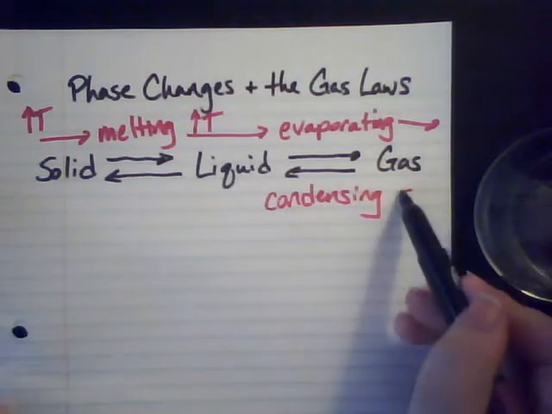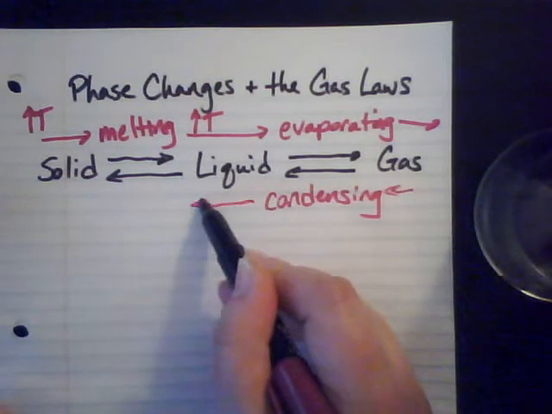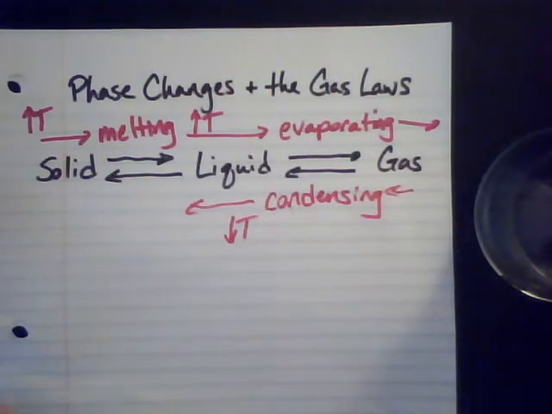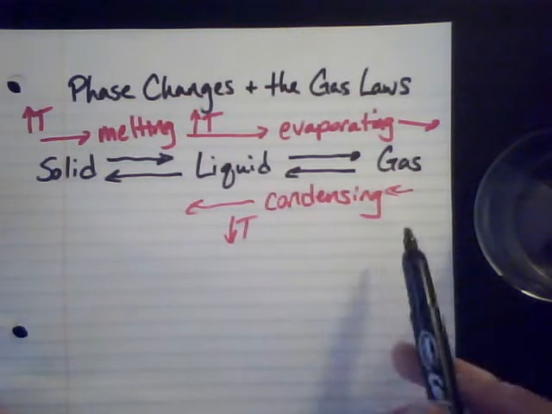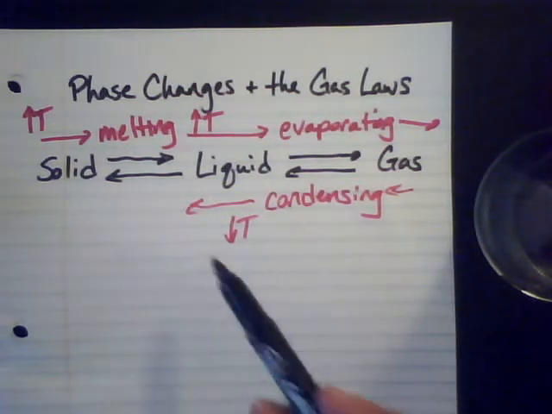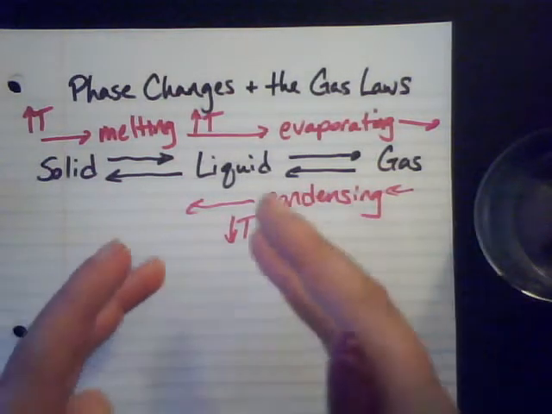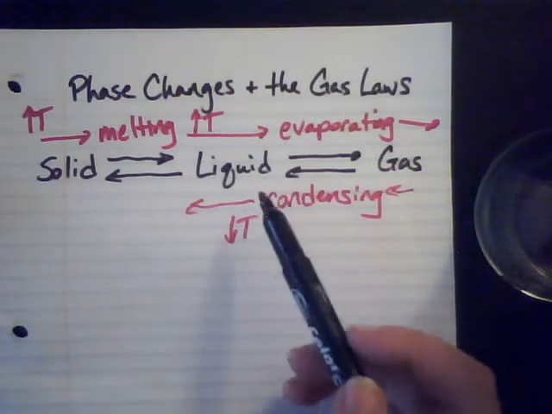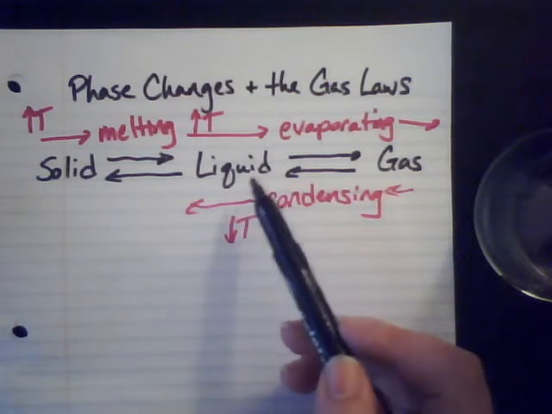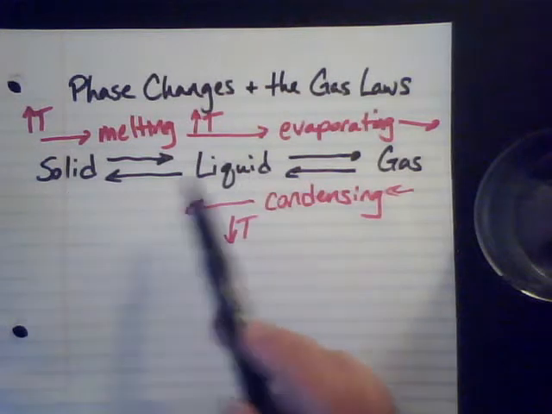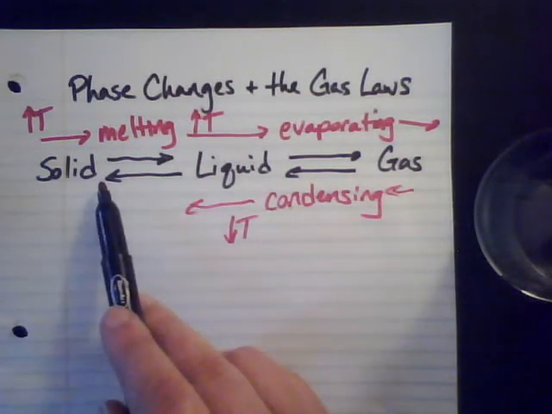And again, we had to remove energy. Going from a gas to a liquid, energy had to be released, so we had to decrease the temperature and energy comes out. Now, that slows down the particles. We said there's this direct relationship between temperature and the speed and motion of the particles. So if we decrease the temperature, we're going to start slowing them down. They're going to start getting closer and closer together. They're going to start to get a little more dense, more closely packed.